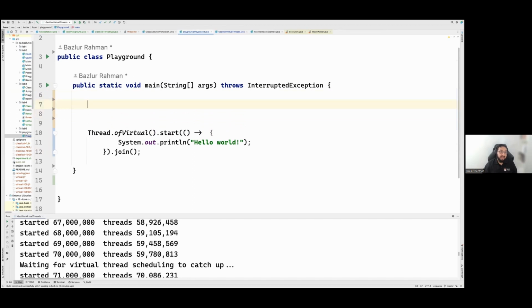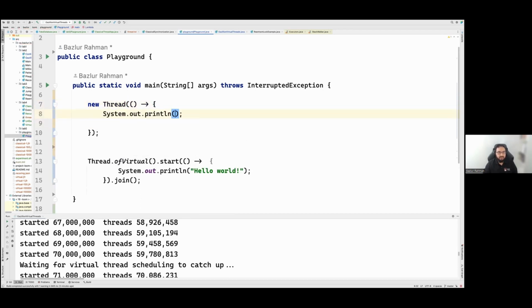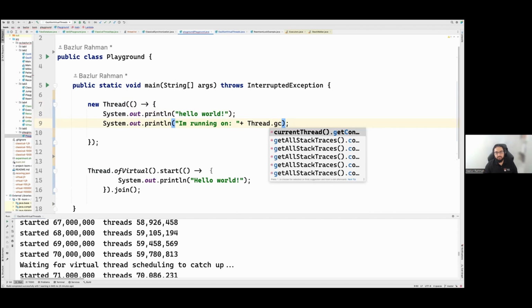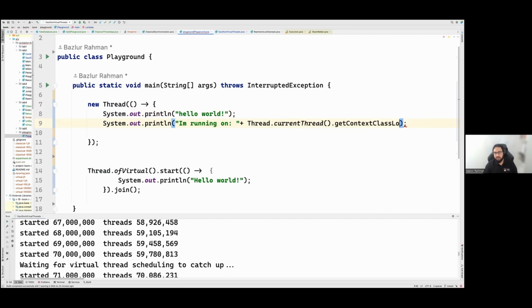If we want to create a traditional classical thread, we can still use new Thread, and we can pass a lambda expression over here, something like Hello world, and running on Thread.currentThread().